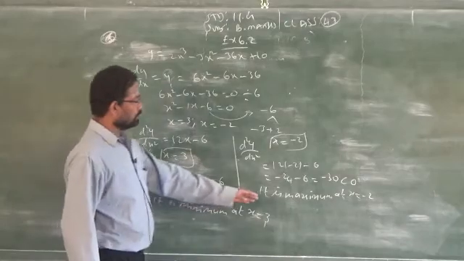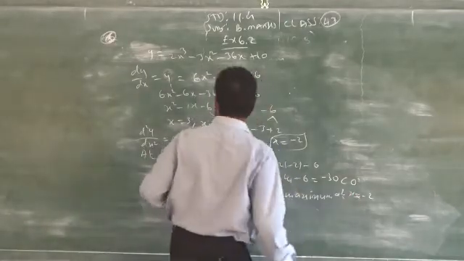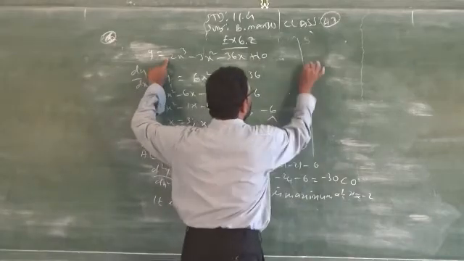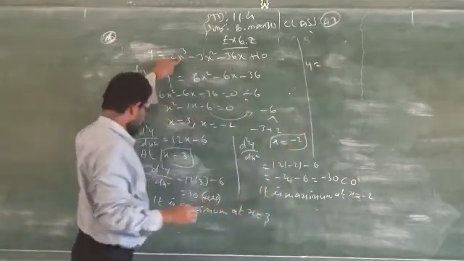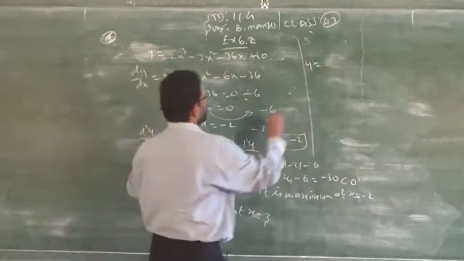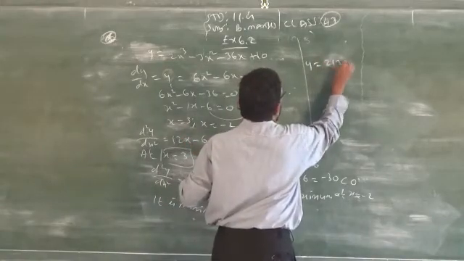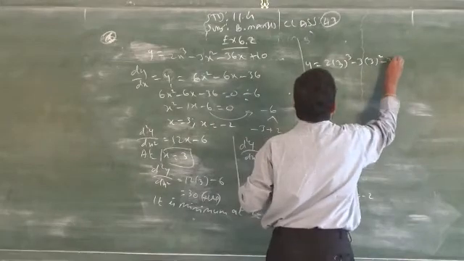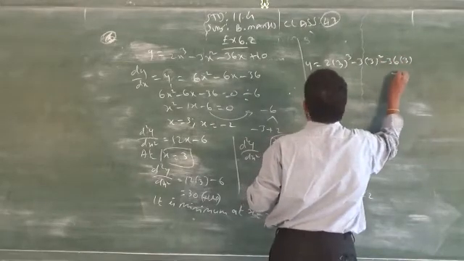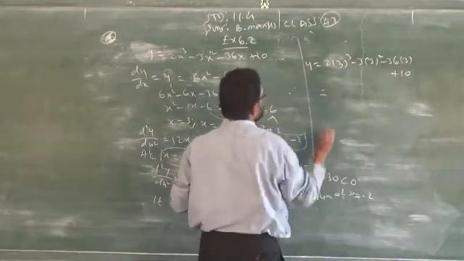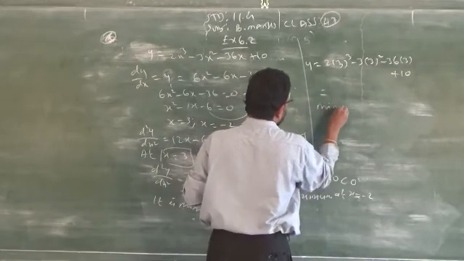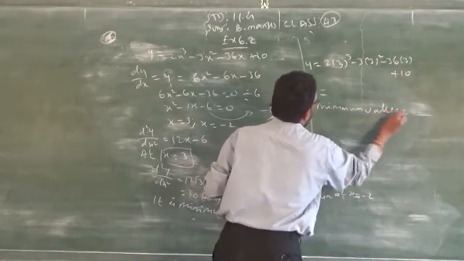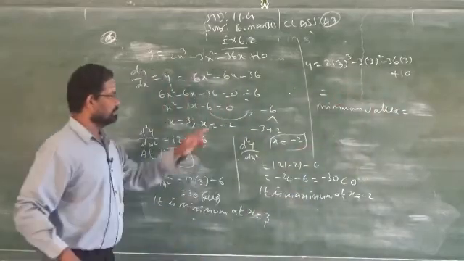So now you have to find the local maximum and local minimum. After finding these values, you please substitute them in the question. Clear? So for substitution, I will just replace x by 3. You have to do the calculations at home with the help of a calculator. You will get an answer, that is the minimum value.